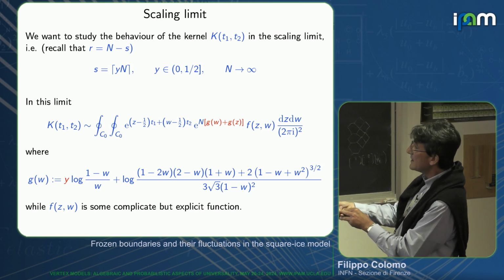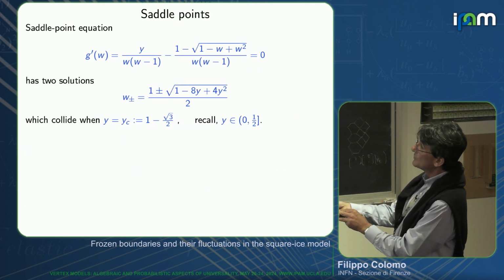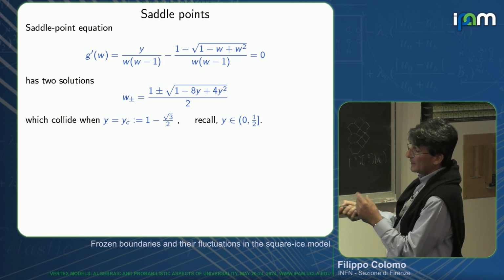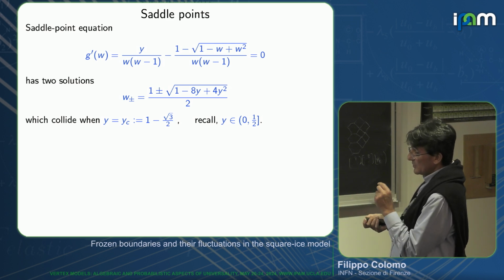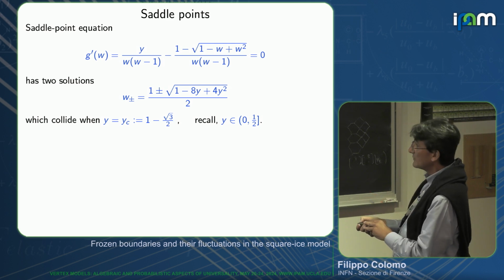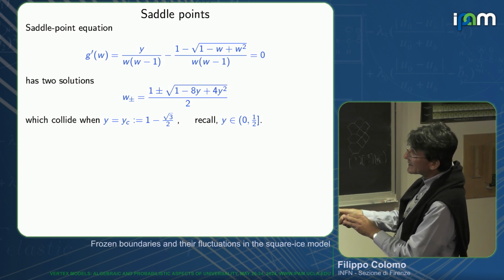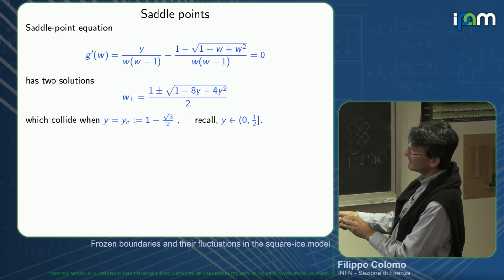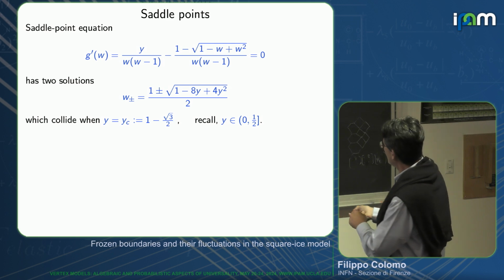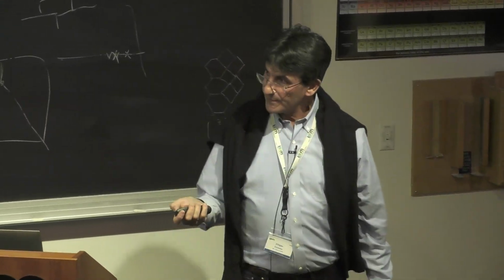You rewrite it in this way, and you study its saddle points. You have 2 saddle points. The 2 saddle points have this expression, and you see that the 2 saddle points can be both real, both imaginary and complex conjugated, or coincide. The case in which they coincide corresponds to y equal yc, where yc is exactly when you are touching the arctic curve. So this is a sign that our conjecture is at least reproducing the correct intersection between the arctic curve and the